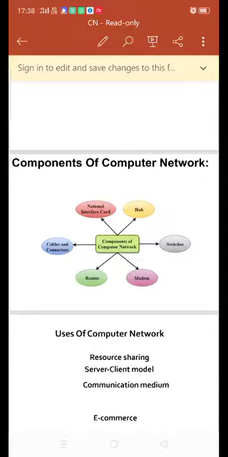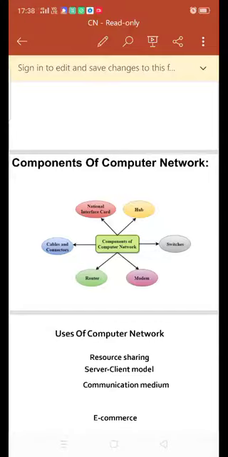Okay, so next one is cables and connectors. Cable is the transmission media that transmits the communication signals. Basically there are three types of cables we can use in the network.